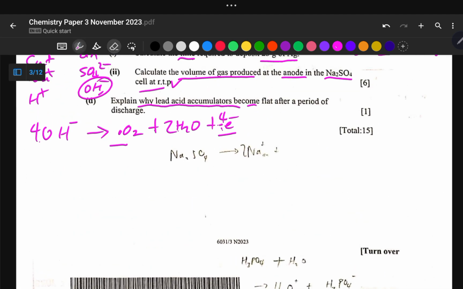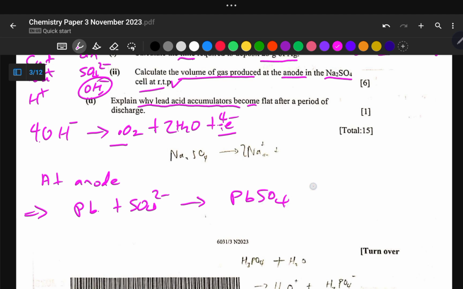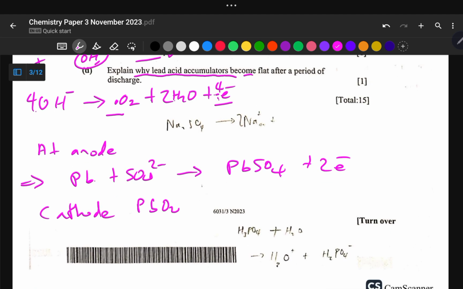During discharging at the anode, that's where oxidation takes place. At the anode, we have lead plus the sulfate ion from sulfuric acid, which is the electrolyte, to give lead(II) sulfate plus 2 electrons. And then at the cathode, we have lead(IV) oxide. So it's lead plus lead(IV) oxide plus the sulfuric acid to give lead(II)